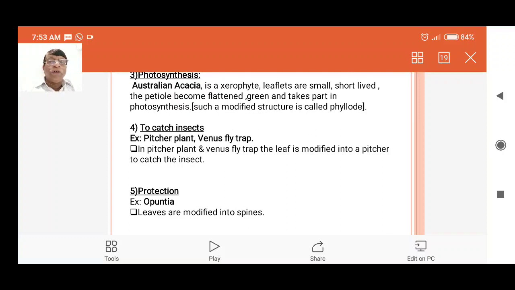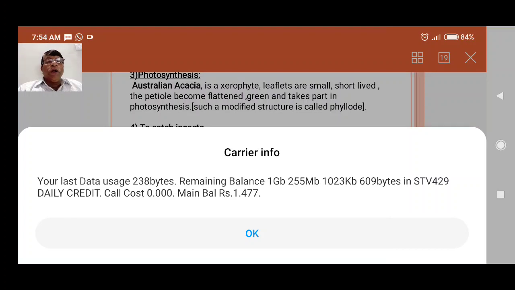Don't confuse with phyllocyte. Phyllocyte, phylloid, cladode, all these three are different modifications. Purpose also different, maybe. These three are very important for NEET or CET examination. Okay. Next, the leaves are also modified